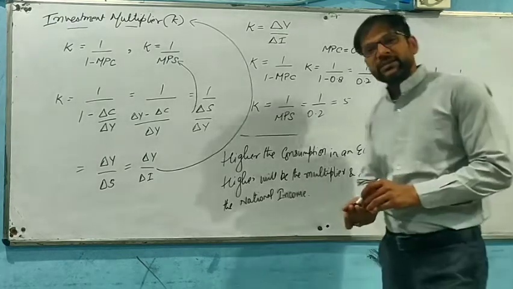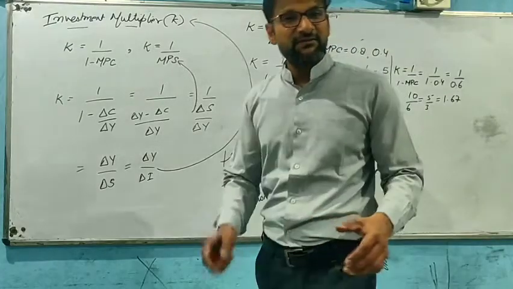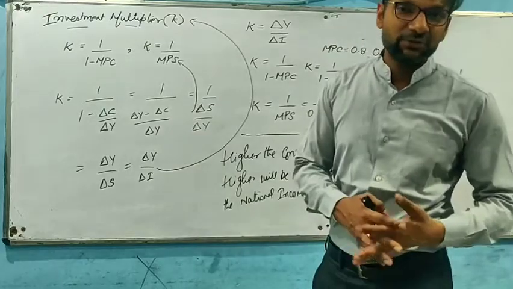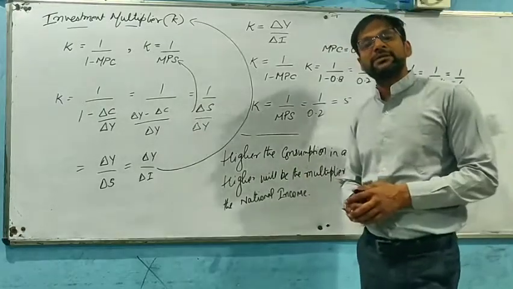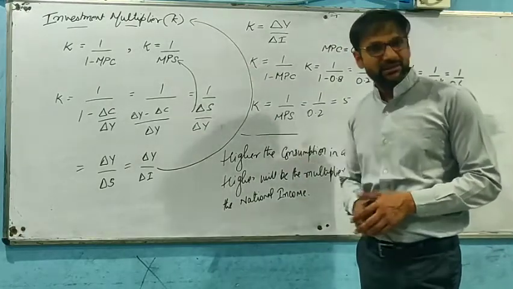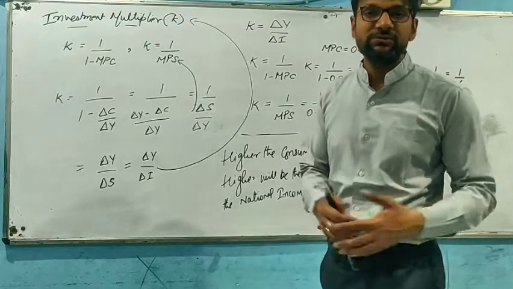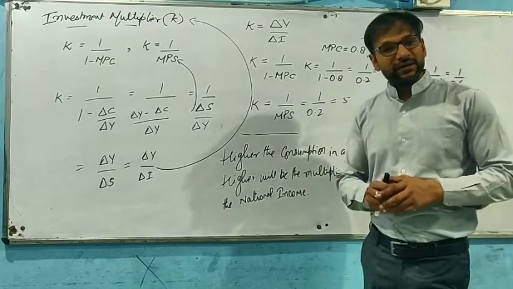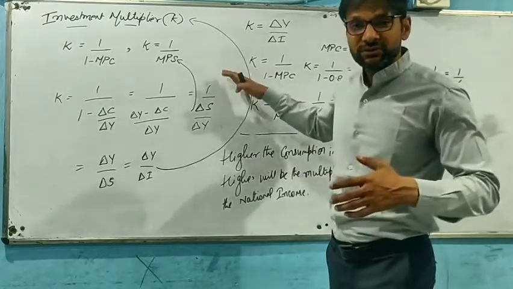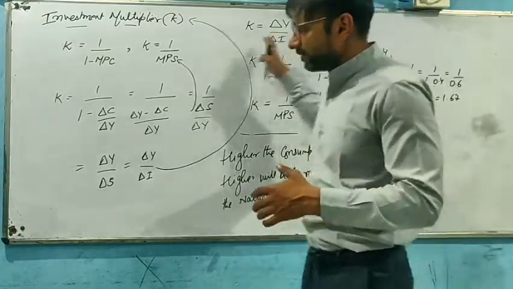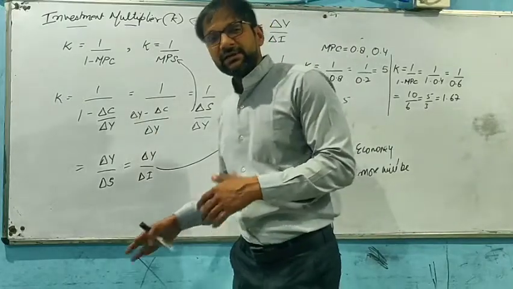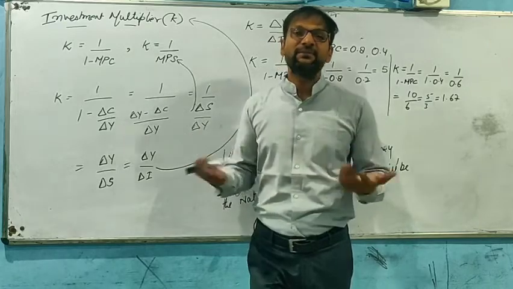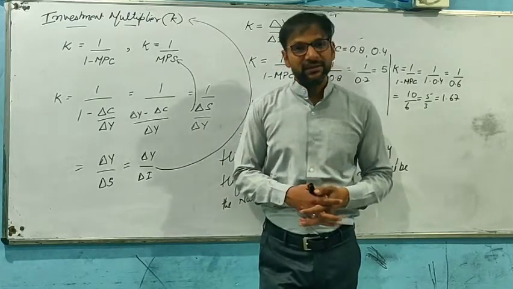So this is the basic concept of multiplier, and there are several numerical questions that are based on investment multiplier that we need to solve. Many times in the CBSE board, this concept has come for a 4 marks question, for a 6 marks question, practical questions have been tried many times in the board. Now we need to seriously focus on these questions also, on how we are able to solve these, right? So the next session will be entirely based upon the numericals, and then we will rest this chapter, right?